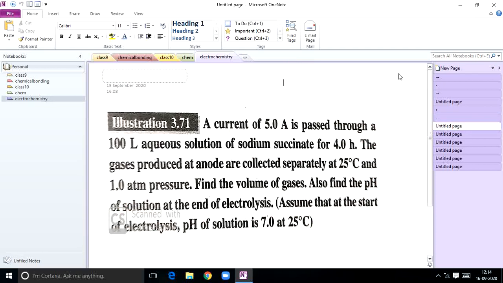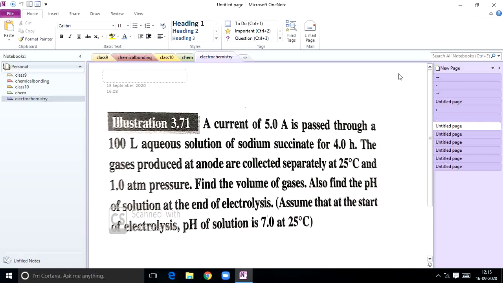These are lengthy, students, but conceptual. If you want to do the previous sum, you should know Kolbe's electrolysis. That is an advanced paper, so I want to introduce these questions for you. In advanced level questions, you should immediately know the formula for sodium succinate, the gases released on electrolysis and the total volume of gases, and the redox reaction, that is, the total Kolbe's electrolysis mechanism. Otherwise, you can't get it.